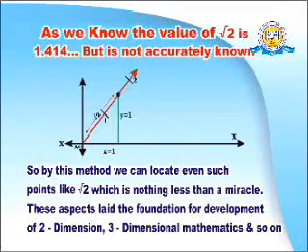Take x equal to 1 as shown on the screen, and then y equal to 1 as shown on the screen. It is apparent that by Pythagoras theorem the line OP will be under root 2, because under root of 1 square plus 1 square, that is root 2. Now the position of root 2 was not known, but if we move 1 on the x-axis and then 1 on the y-axis, wherever it will cut the line, at the point P it is cutting, so P is the location of the point.